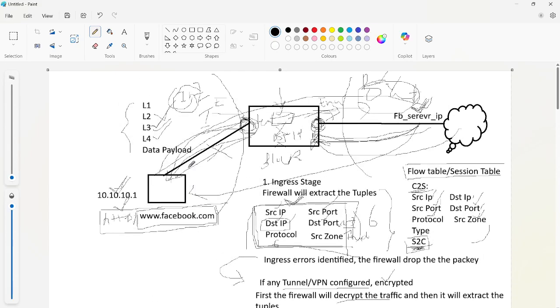If it is a personal URL, the firewall has to identify the URL first. That we can learn in the URL filtering class. There will be a separate class for URL category and filtering. If it is a new URL or a personal URL, how the firewall will classify that URL, we can learn in URL filtering and category.